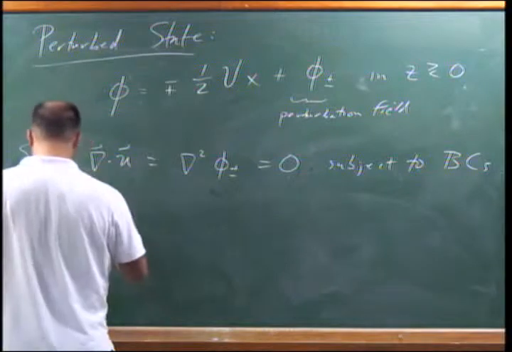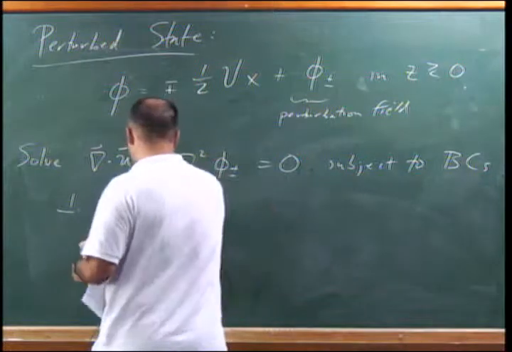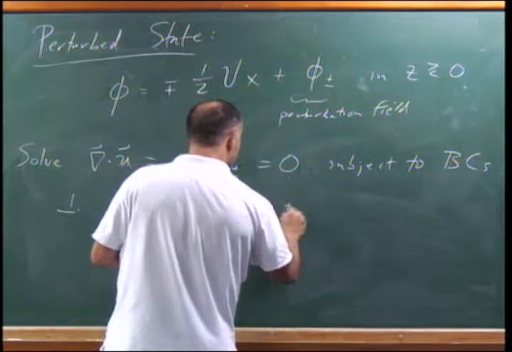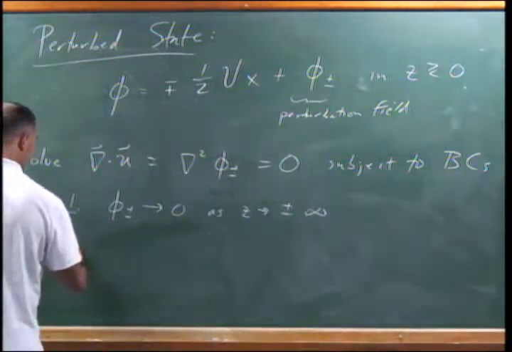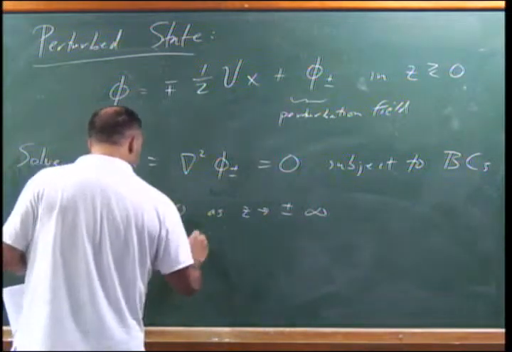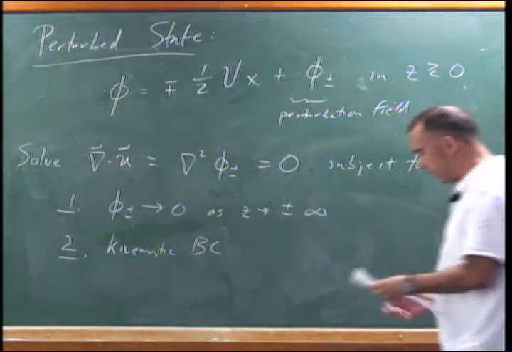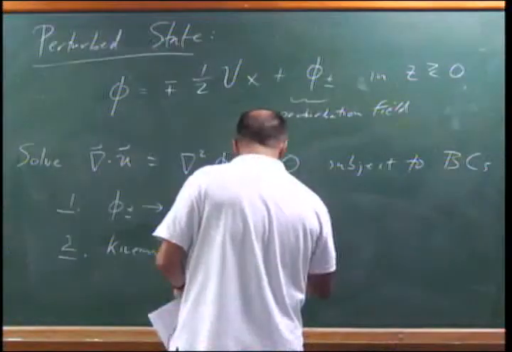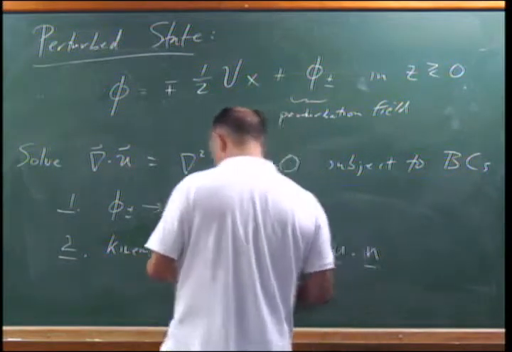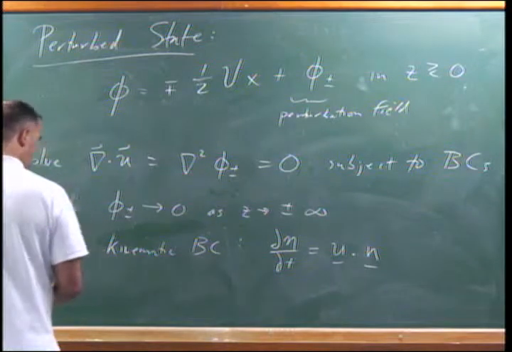One, the velocity disturbance goes to 0 if you move far enough from the interface. And then you have the kinematic boundary condition, which is simply a statement that the interface moves with the local velocity of the fluid. Okay, where